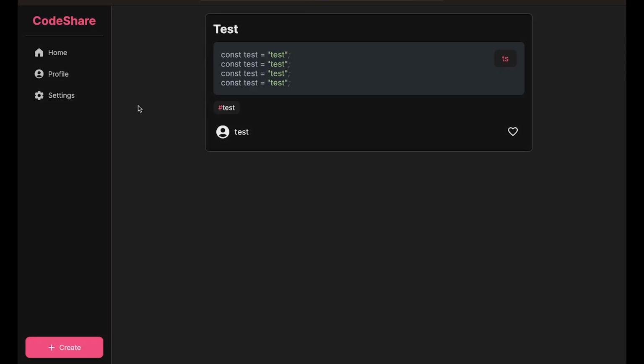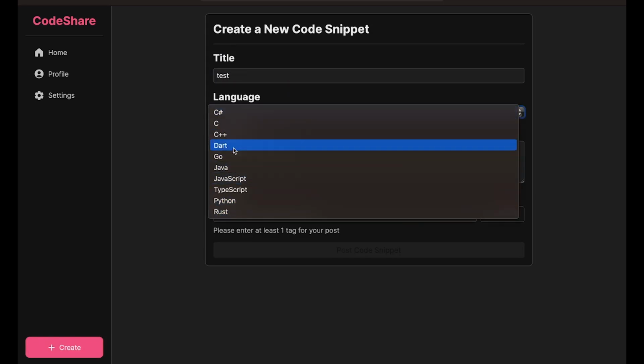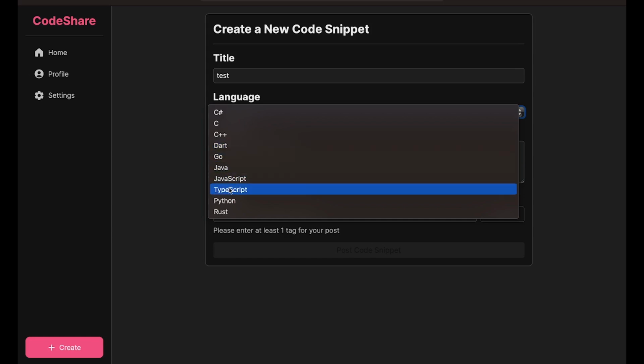As you see, I'm logged in already, but because I haven't created the settings page or the profile page, I can't really see which account I'm logged into. So now let's create a new post, and let's title it test, and let's say this for TypeScript,